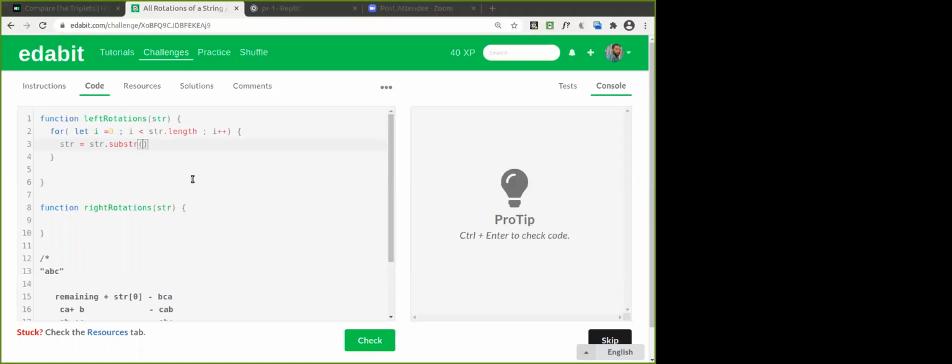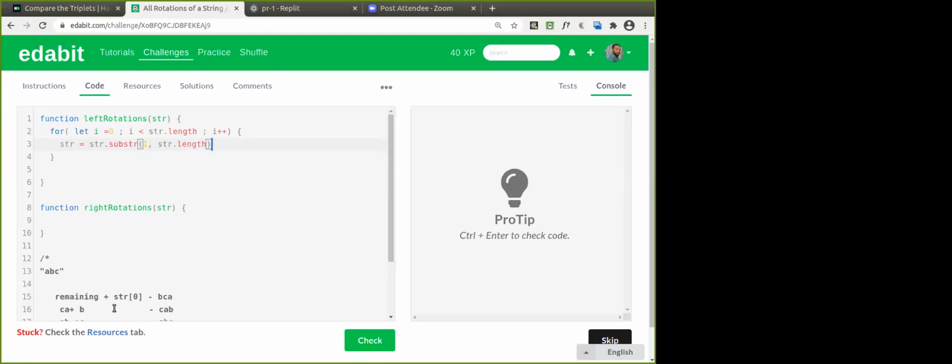Substring of what? 1, from position 1 to how many characters? To the last, isn't it? So we have to go up to the last. How do you get that? str.length. Okay, good.